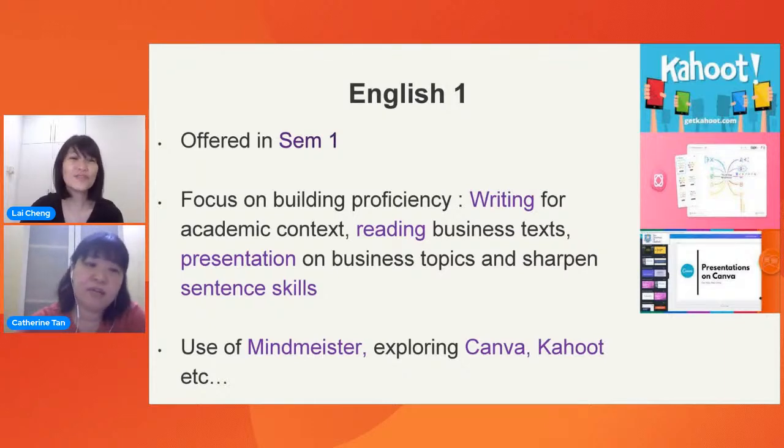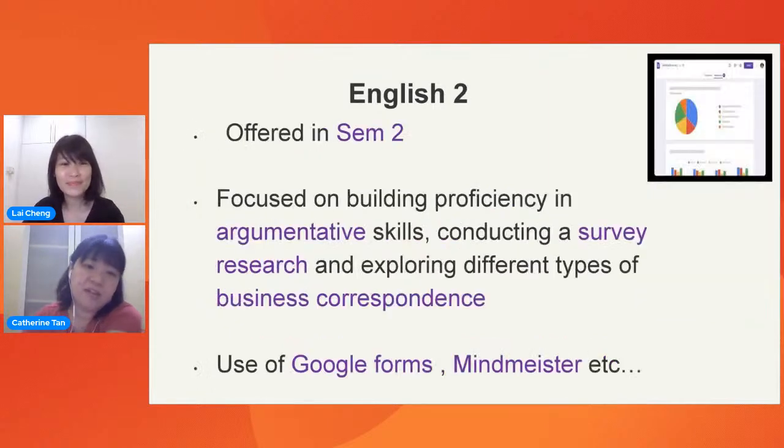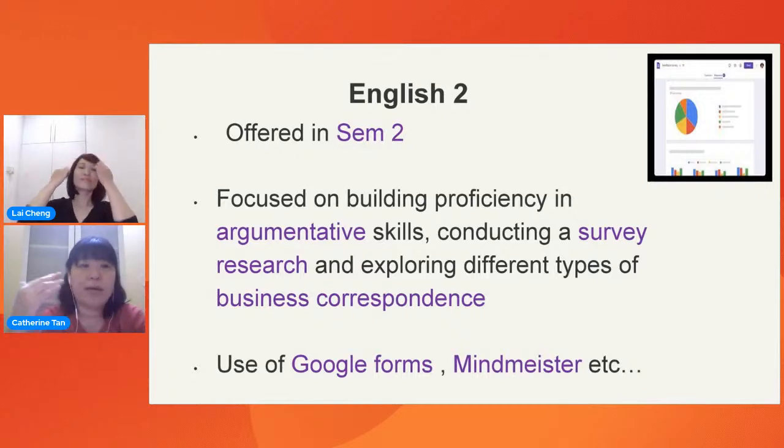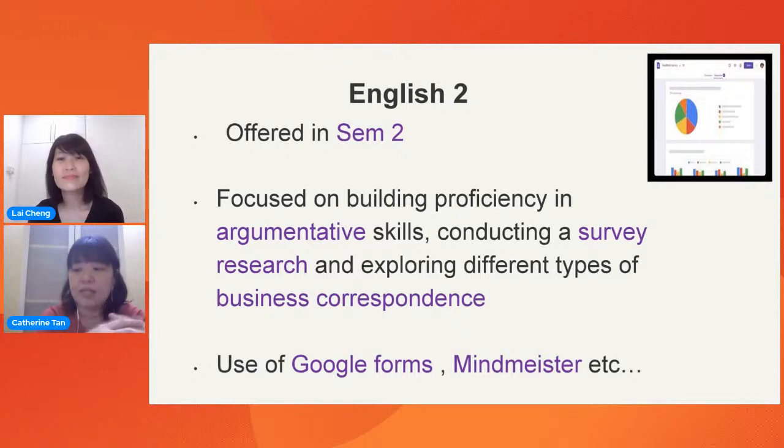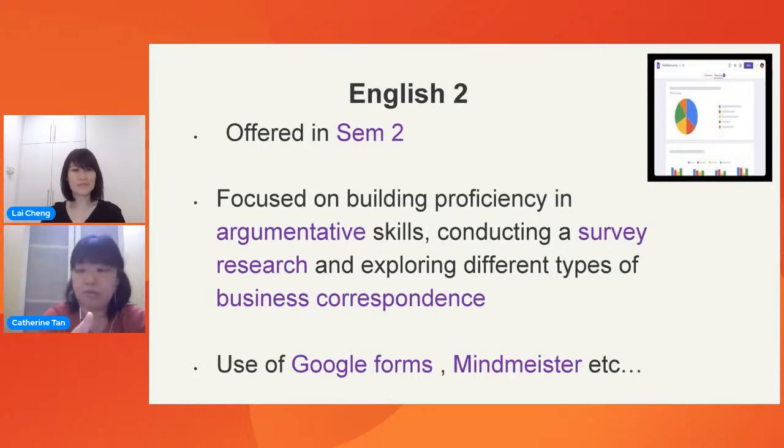What about English 2? Yes, we shall move to English 2 now. English 2 basically is an extension of what has been covered in English 1. In English 2, students will focus on building their argumentative ability. So they learn to argue and provide a stand on an issue, and also learn to provide concrete evidence and cite references properly in an academic essay. This is needed if you consider yourself a scholar at the university.